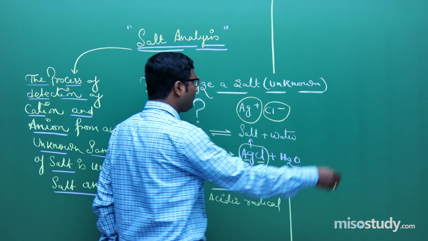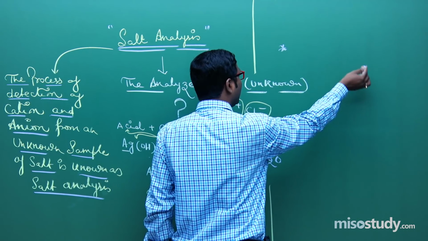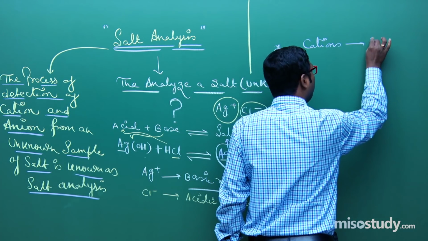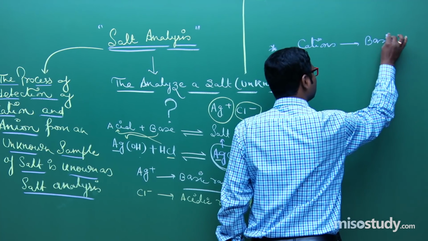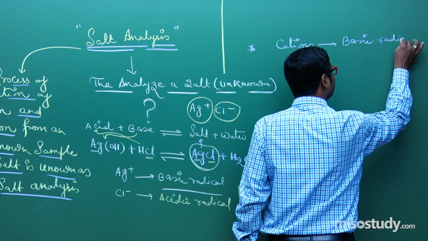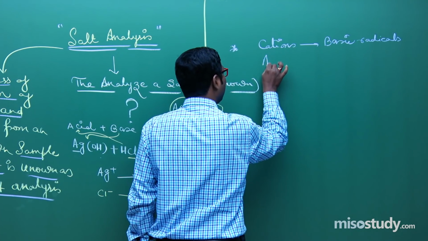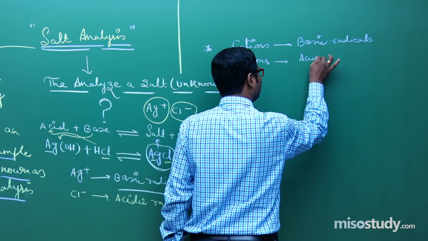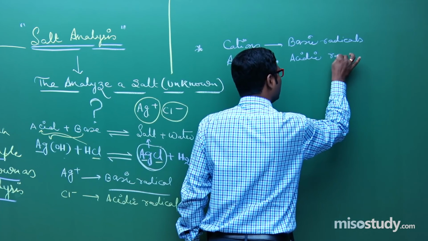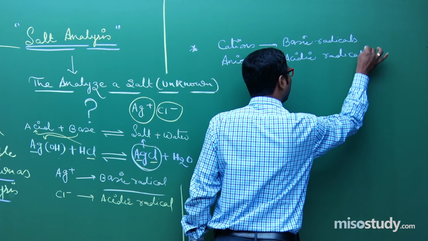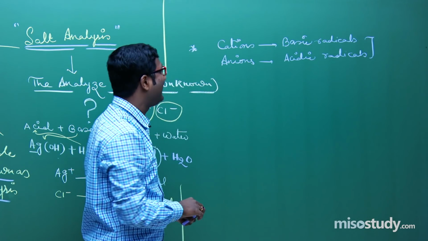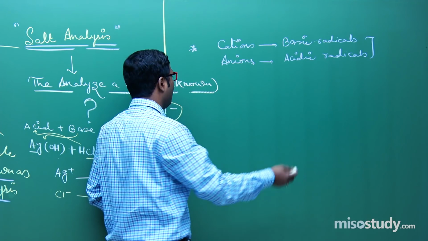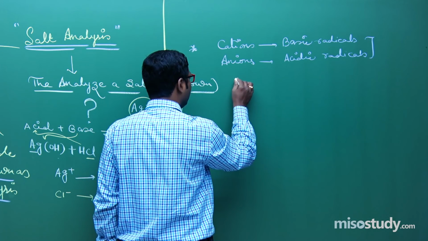What I am telling? If anyone asks you, then you can say cations are basic radicals. Clear, friend? And anions are acidic radicals, because we get cations of salt from base and anions from acid. I am taking one more example. Lots of examples are there. If I write here